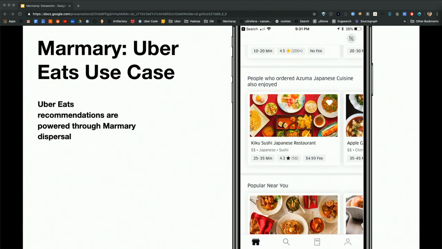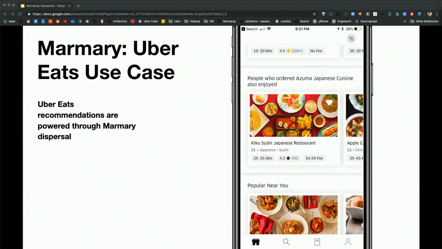I wanted to go into a couple of use cases. So this is just to make it a little more concrete for you guys. I touched upon this earlier, but whenever you open the Uber Eats app, we will take the orders that you've made and ingest that into our data lake. And this is actually from my phone. I like Japanese food, and so when you order the Japanese food, all that data is ingested into our data lake. And what we'll do is we'll run machine learning and analytics on that, and we'll recommend new restaurants for you. So depending on where you live, your location, or what you've ordered before, we'll create these data sets, again, these derived data sets of immense value in Hive.